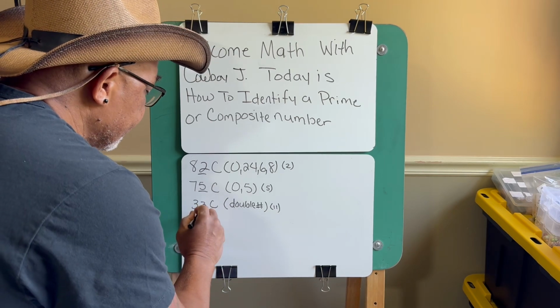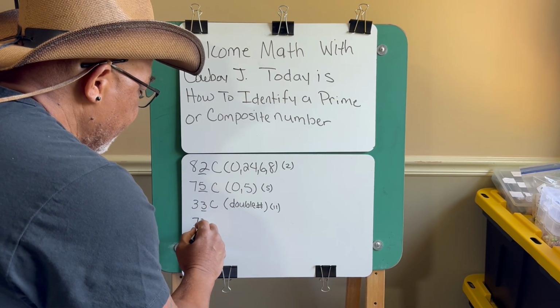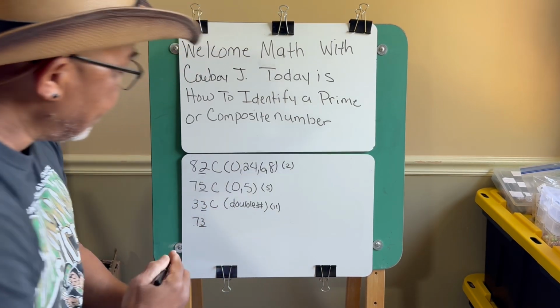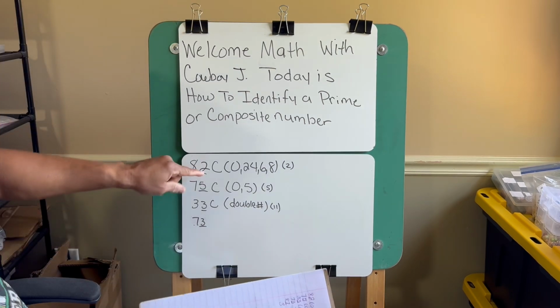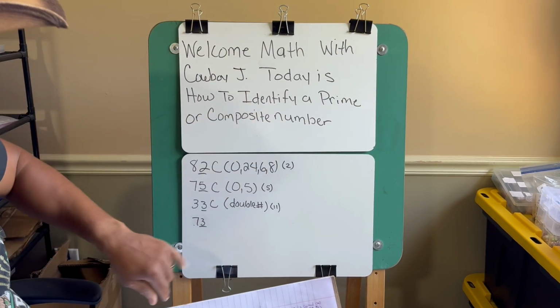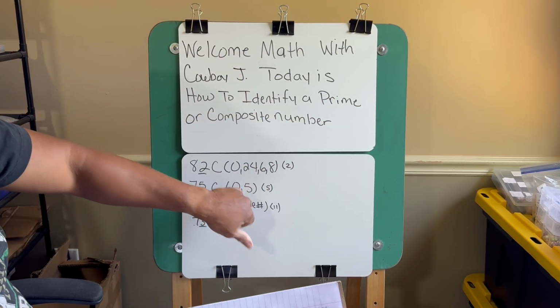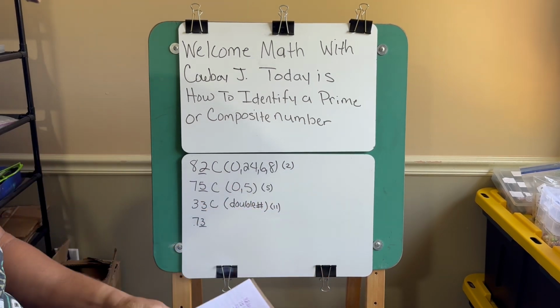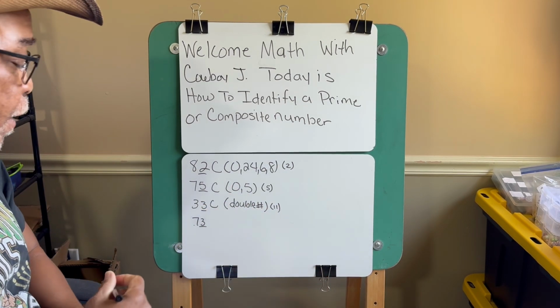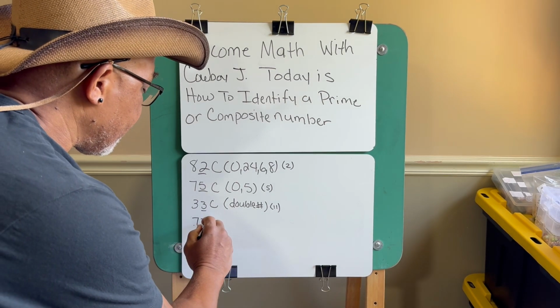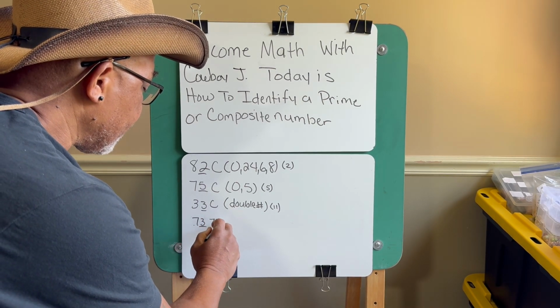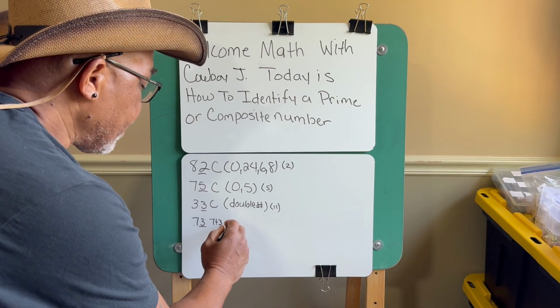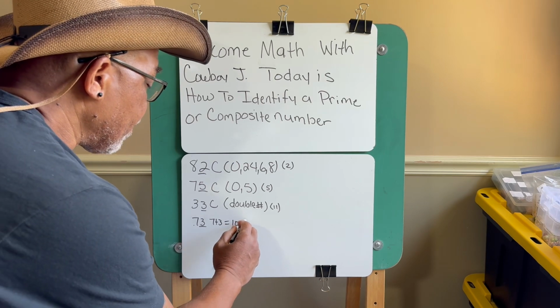Now we have 73. Underline. So it's not an even number. 2, 4 doesn't fall here. It's not a 0 or a 5, so it doesn't fall here. It's not a double number, so it doesn't fall under the 11 category, so it falls under 3. So what do we do? We take 7 plus 3. We get 10, and then we write